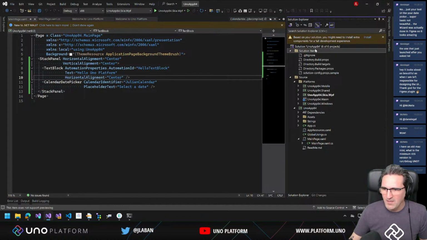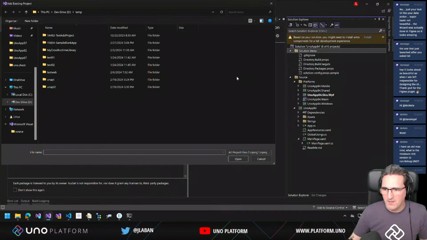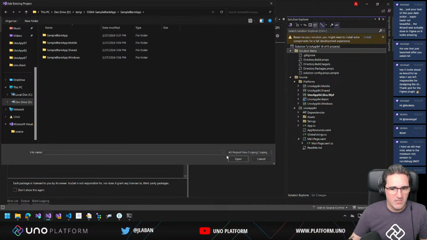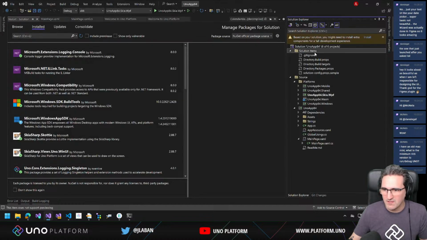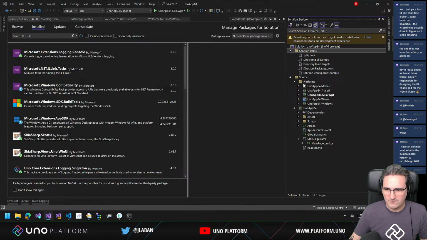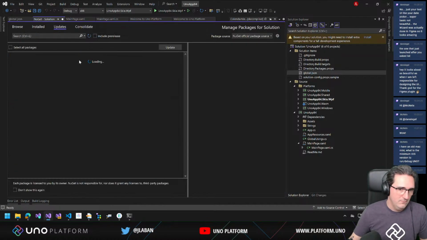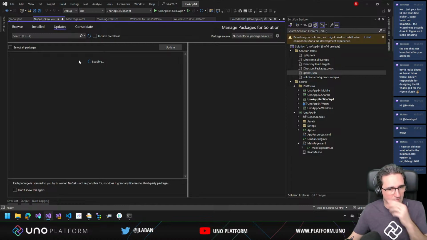To get that version, we can go to the NuGet Package Manager, and we're going to change the global JSON file that we have. Oh, that's not the right add. Existing item. And that version here is defined as 5.1.75. So we're going to upgrade it to the latest dev build so we can override it and make some changes in there to see